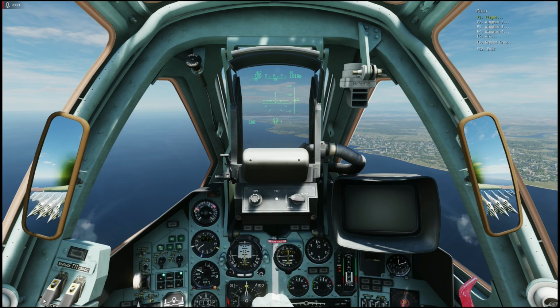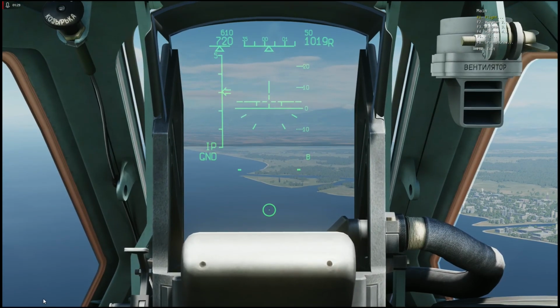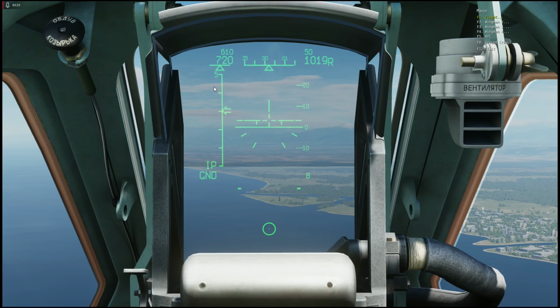I want to shift to air to ground mode. Yes. Now in the HUD you can see it changes. On the left here on the HUD we have the range scale. We are in air to ground mode. We can confirm that by the GND ground here. We have bomb selected, indicated by the B here. We have two pylons with bomb selected, indicated by this little line and this little line, and we have a